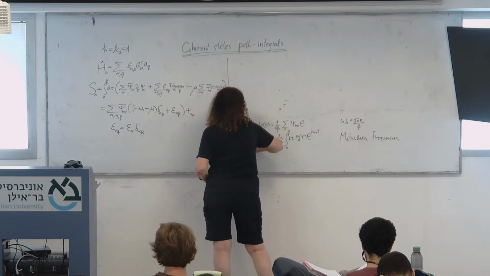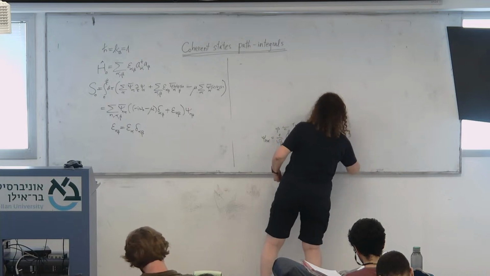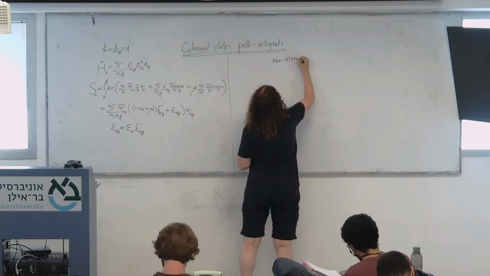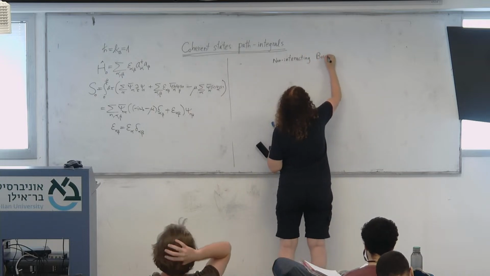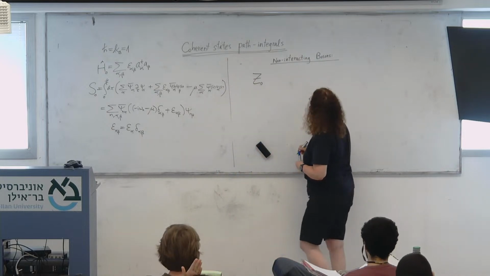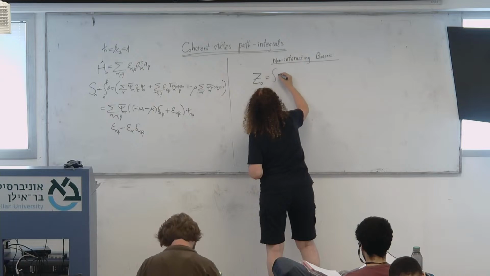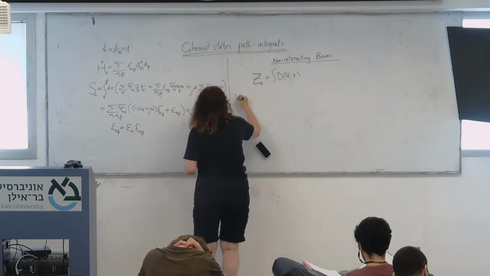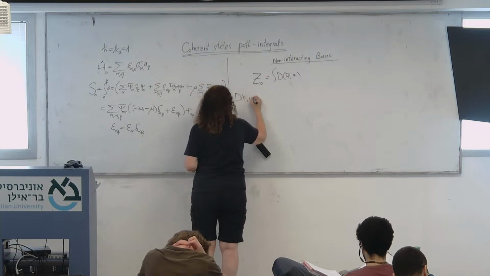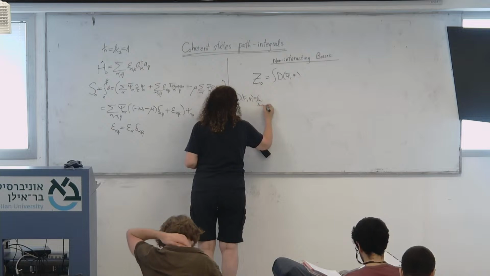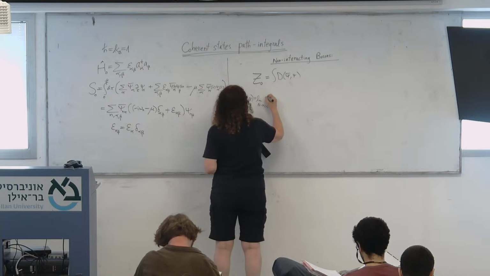What I got is that we call it Z naught for non-interacting, it is going to be an integral, and now I want to write the differential a little more carefully as the infinite limit of the product of J going from